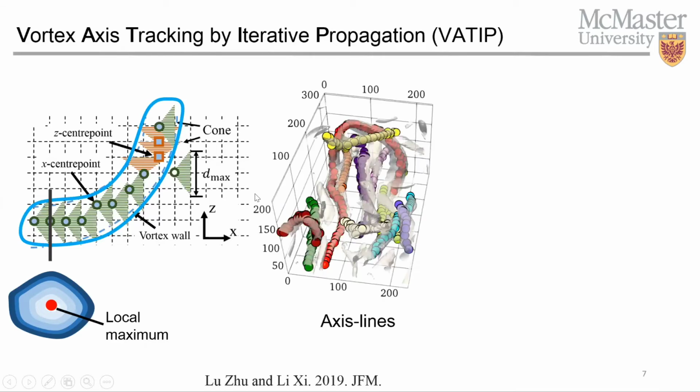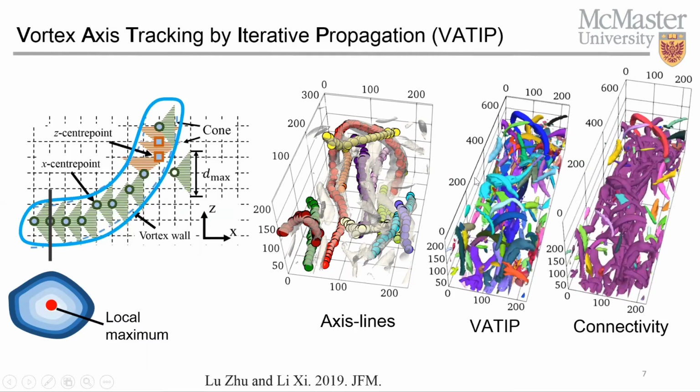In this figure, we show the axis line detected by our VATIP method. Different axis lines are marked by different colors. It's clear that the axis line could well represent the shape of those three-dimensional vortices. We also reconstruct the vortex tube from the axis lines and compare it with vortices separated by the spatial connectivity